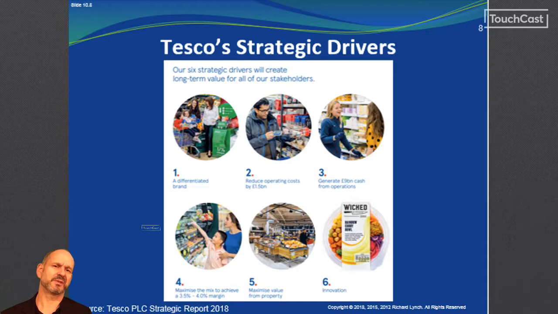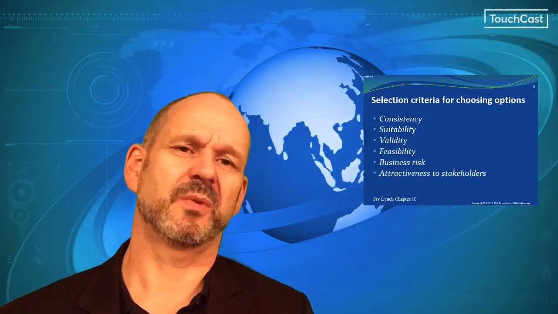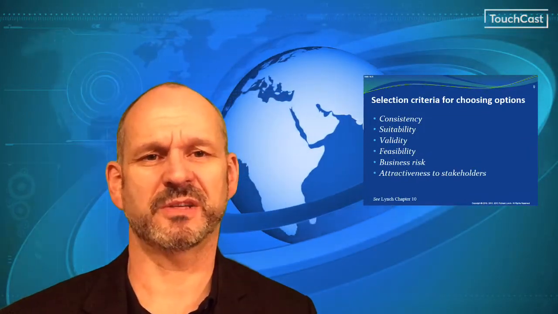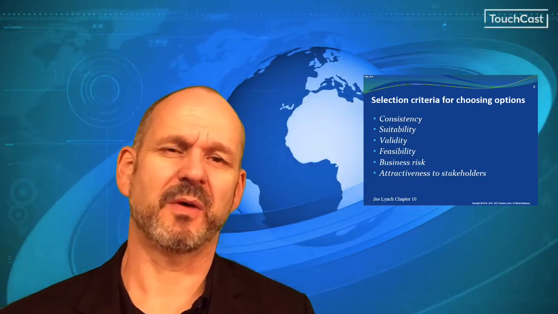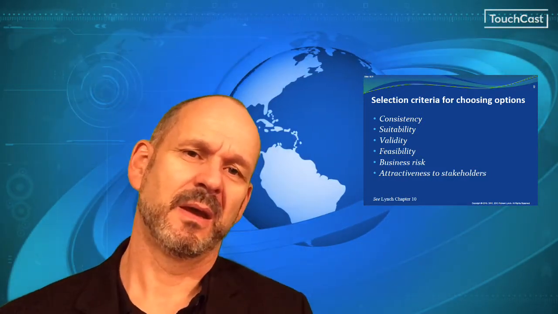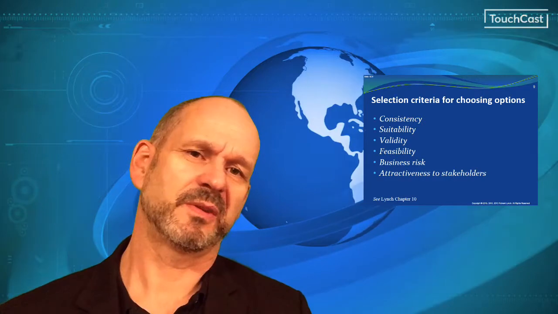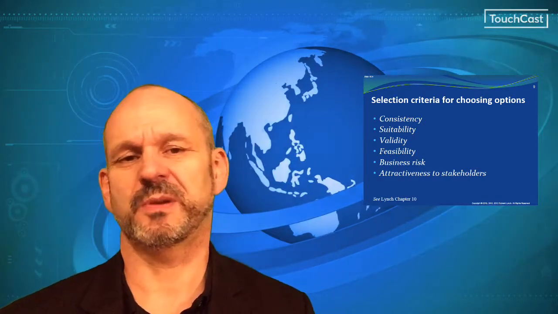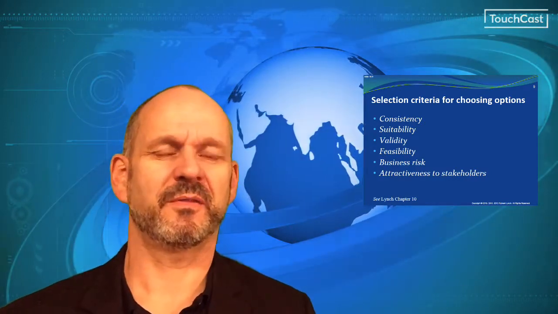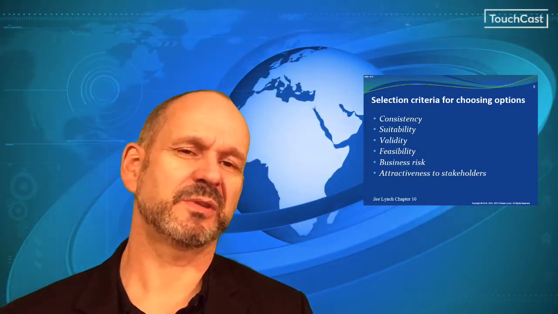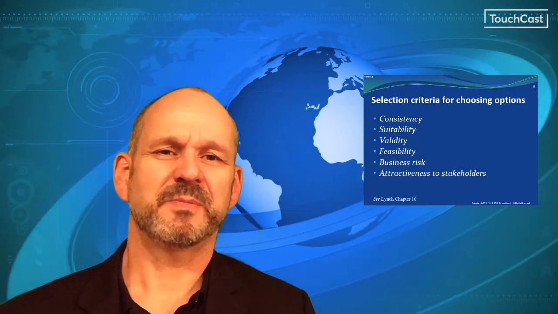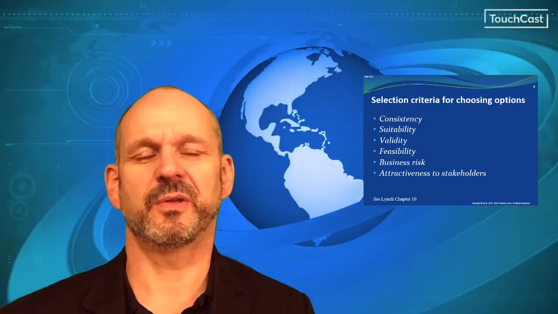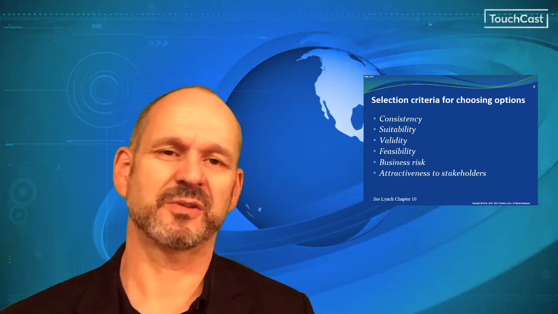So when thinking about how we select the most suitable strategic option for the business, we need to think about 6 different criteria. Firstly, we need to consider which of the various strategic options available are consistent with the purpose and objectives of the organisation, and this is a prime test for evaluating and selecting strategies. Next, we need to think about the suitability of the strategy for the environment within which the organisation actually operates. Also, we need to look at the validity of the projections and data used in developing the option, and these must be tested, and this is commonly done through the use of marketing research data.